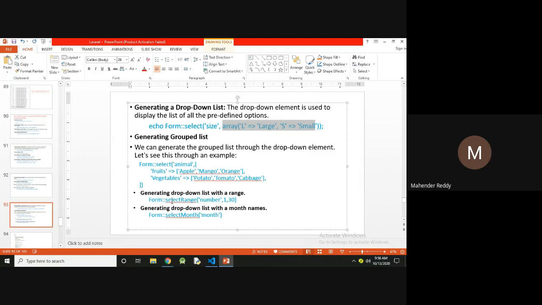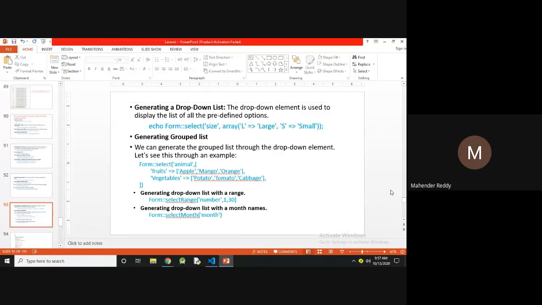If you use select with range 1 comma 30, it will display the numbers 1 to 30 in the drop-down list. Form::selectMonth will display all the month names, January, February, March, April, like that in text format.